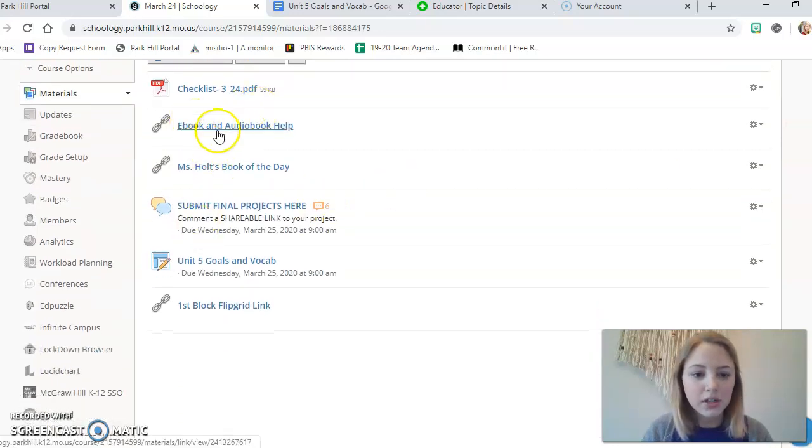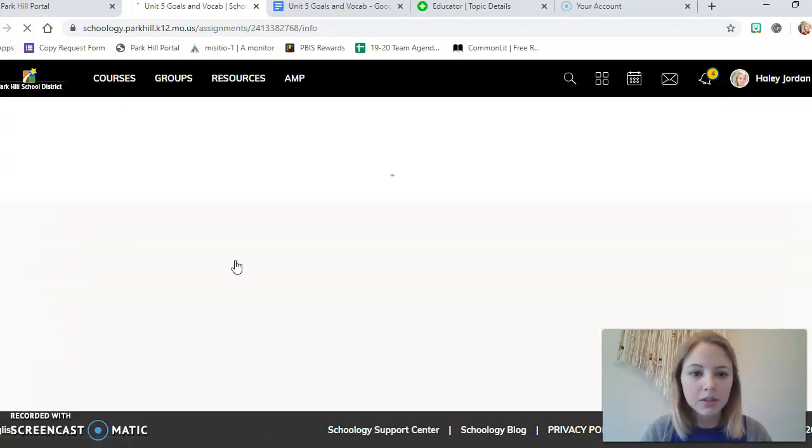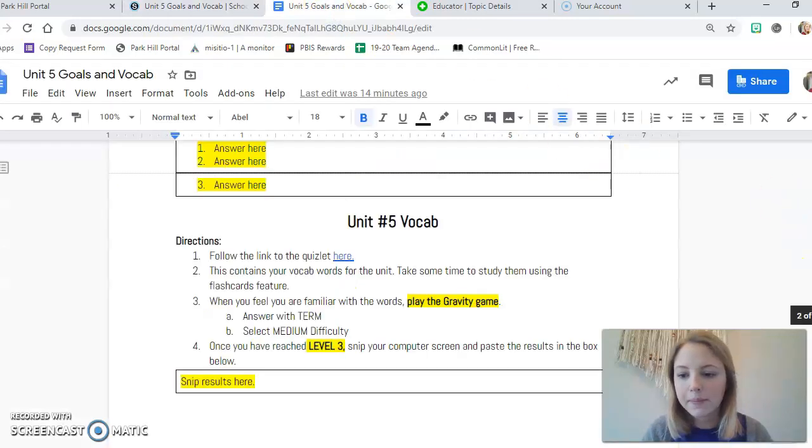You can see here in this folder, I've got the ebook, audiobook help, Miss Holt's book of the day. I went ahead and moved that discussion board where you need to submit your projects in here. And then the Unit 5 goals and vocab sheet. Oh, I actually have it up here. It'll be a little bit easier to look at. Okay, so when you open it up,